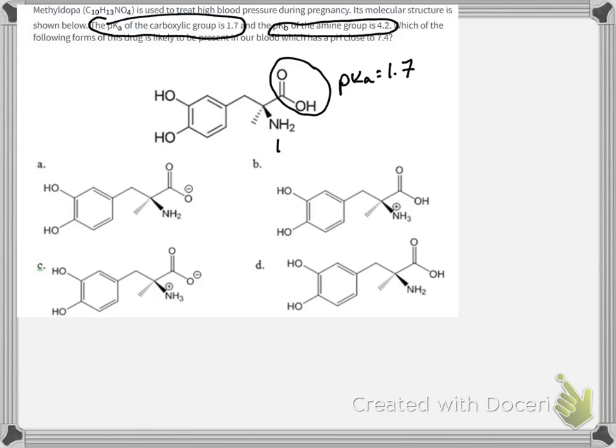The carboxylic group that's there has a pKa of 1.7. The amine group here has a pKb of 4.2, but since our analysis is centered on pKa, we're going to convert our amine, our NH2,